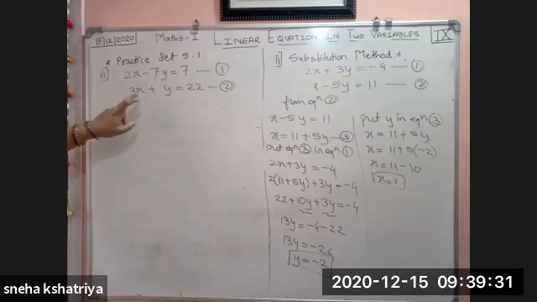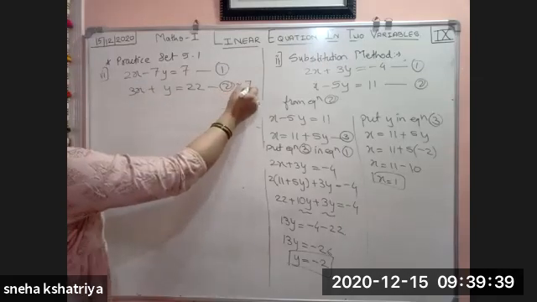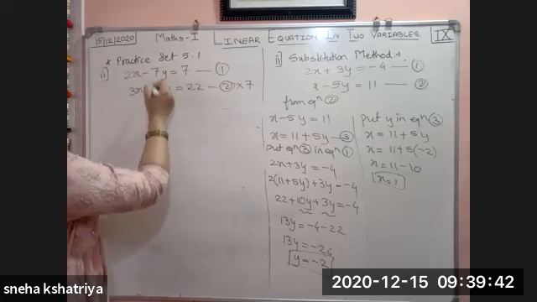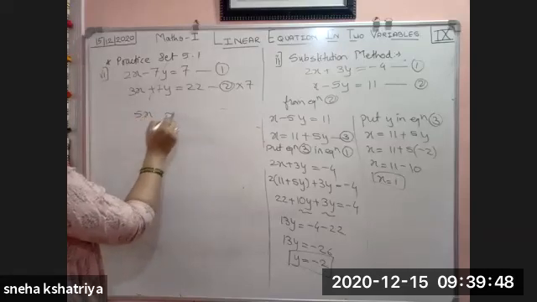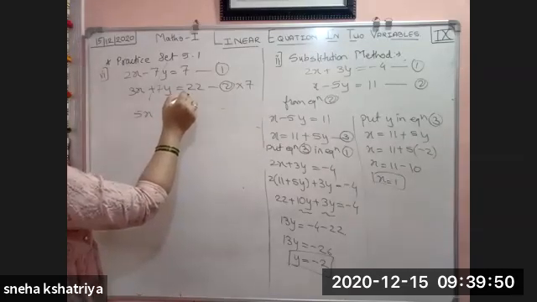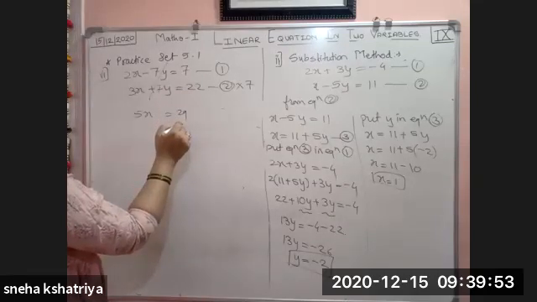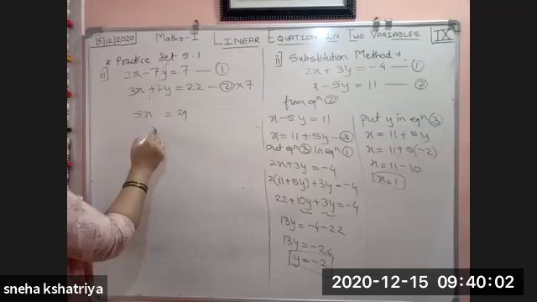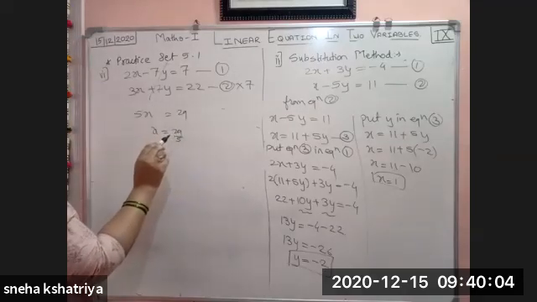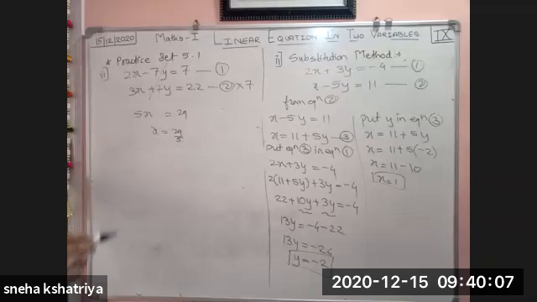Now see here again. x has coefficients 2 and 3, so don't look at that. See here, y is single. So if we multiply equation 2 by 7, the 7 will come. It already has the opposite sign, so this will cancel. So this becomes 23x, which is equal to 22 plus 7, which becomes 29. Is it 22 or 29? So x is equal to 29 upon 5. This will be the value of x, then put it in y and you will get the value of y.